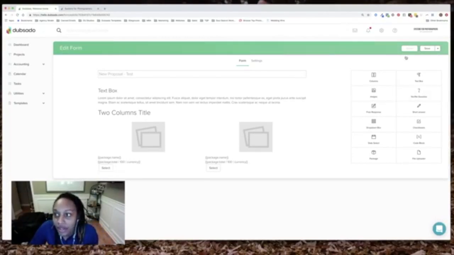As you can see right now, the share button, I can't click on it. There's a little X sign right here because I don't have the settings in here in order to make it live. All of the required fields aren't here to make the public proposal work. So what I have to do is